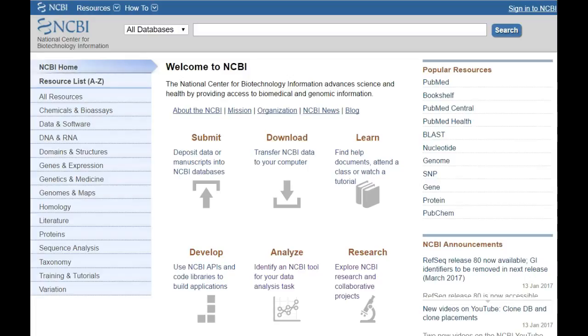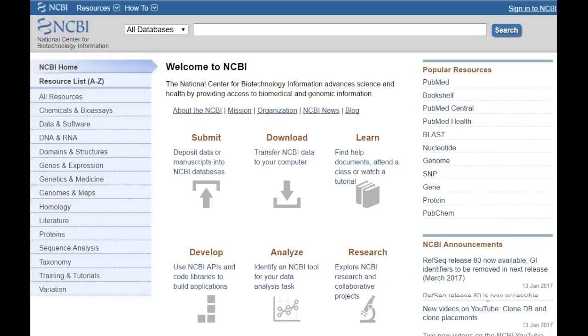Class. So today we are going to be learning about NCBI, what it is, and how you can use it to find a specific gene for a certain type of organism, and also how you can find out functional information about that gene within that organism. So we're here at the NCBI homepage, and you can find that at